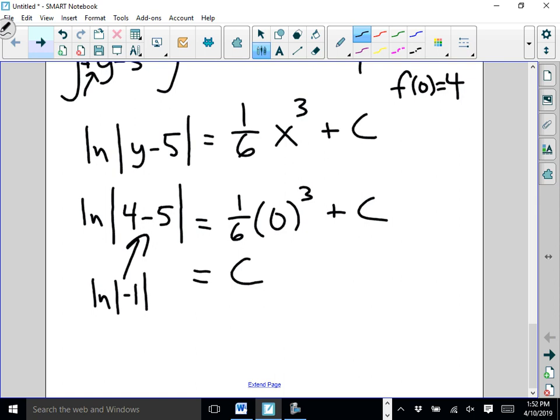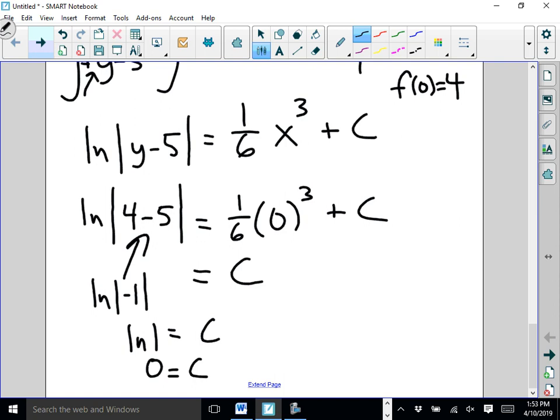Okay, that's going to tell us when we drop our absolute values, we have to make the other side negative. Okay, but in terms of solving this thing, the absolute value of -1 is 1, so this is ln 1 equals c, and ln 1 we know is the value 0. So our c here is 0. Okay,